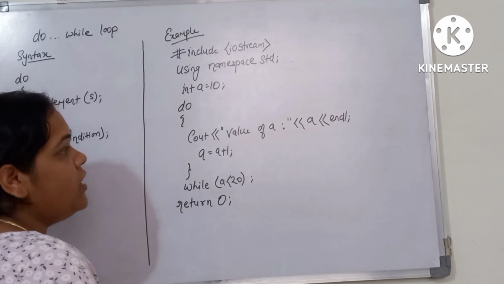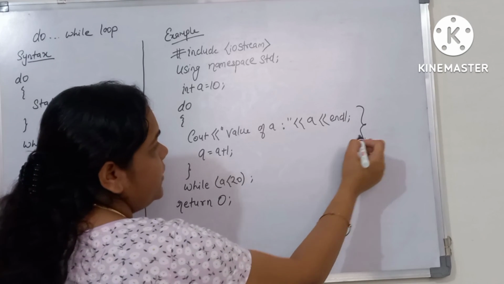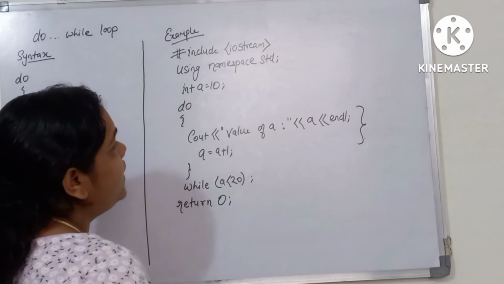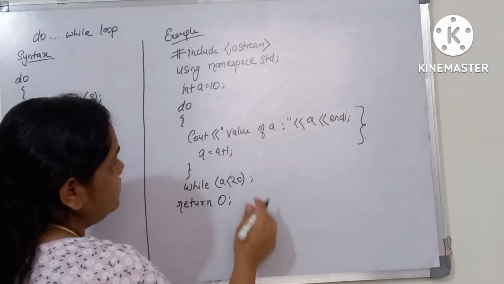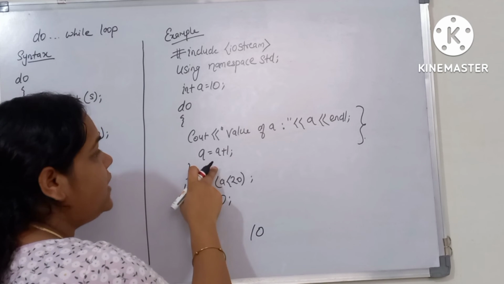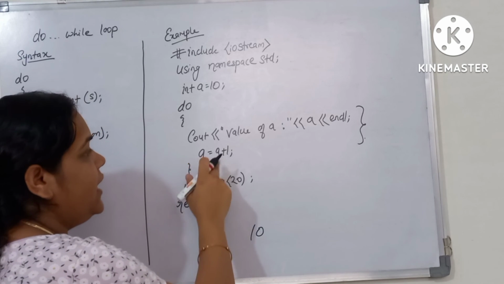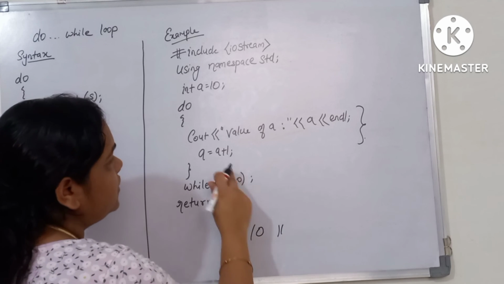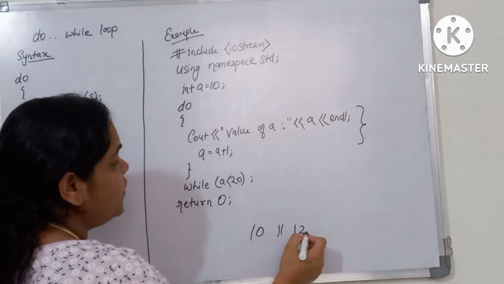Here first of all this body part will be executed. So what is the value for A? Value for A equals 10. So print the value of A, here 10. Then increase the value of A: A equals A plus 1. Then again 11. Then again 12. In this